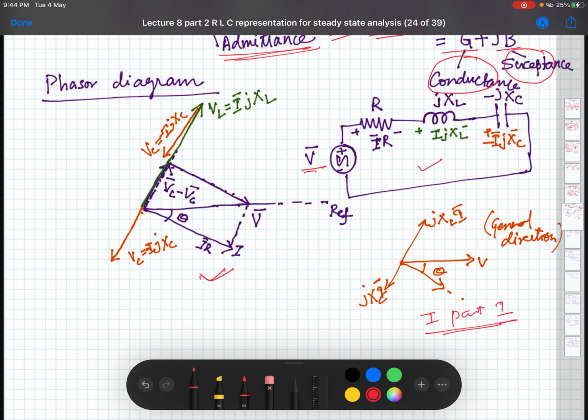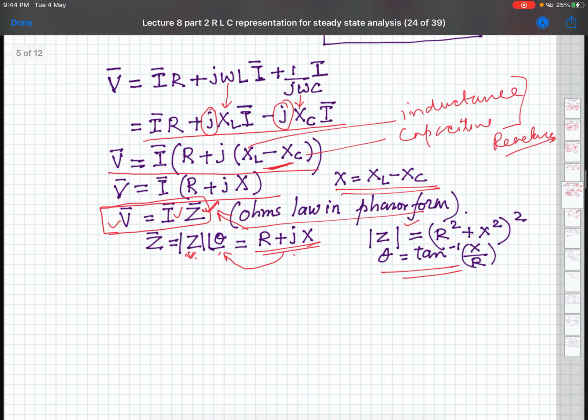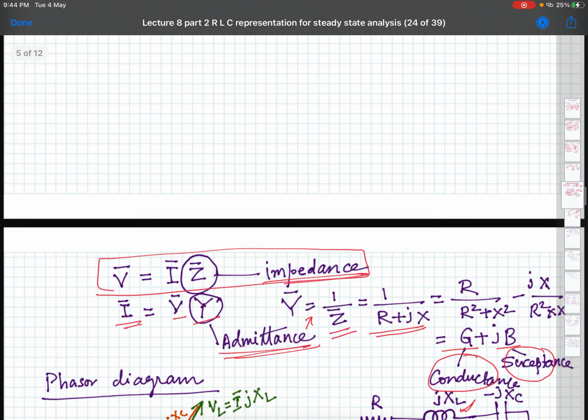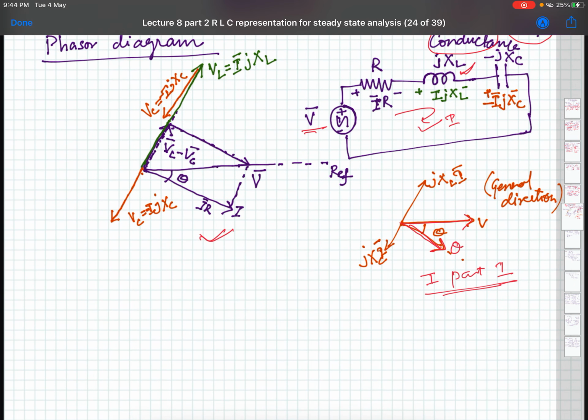If you have a phasor V like this, and a current phasor I, I have drawn it like this at some angle theta, assuming that jXL is more effective than jXC. So XL minus XC is there. Let us assume that effectively XL is more than XC, and therefore the current would be inductive, therefore it is lagging V. It is lagging over here because it is R and XL. So if this is I,